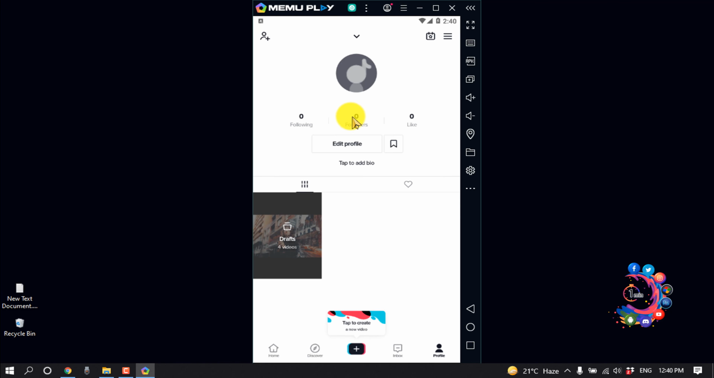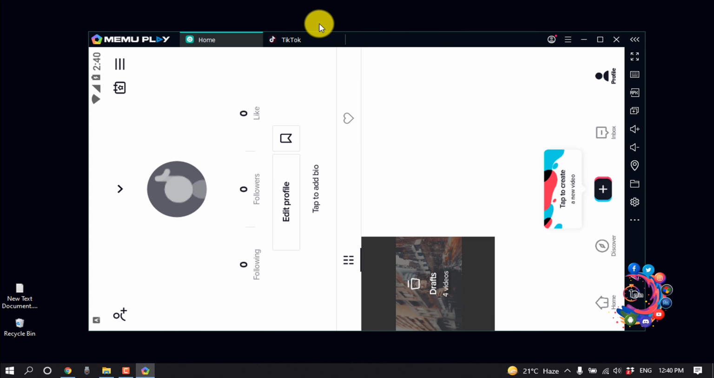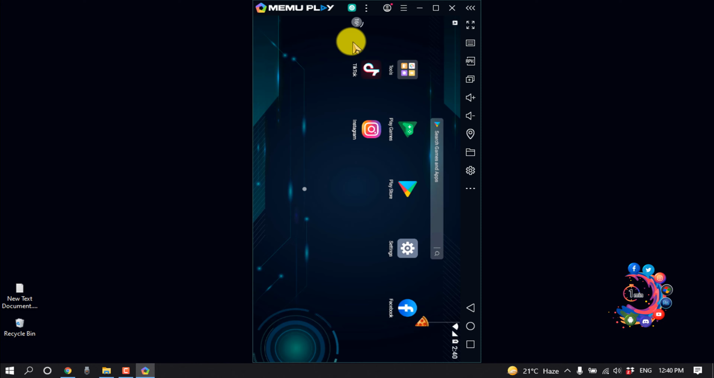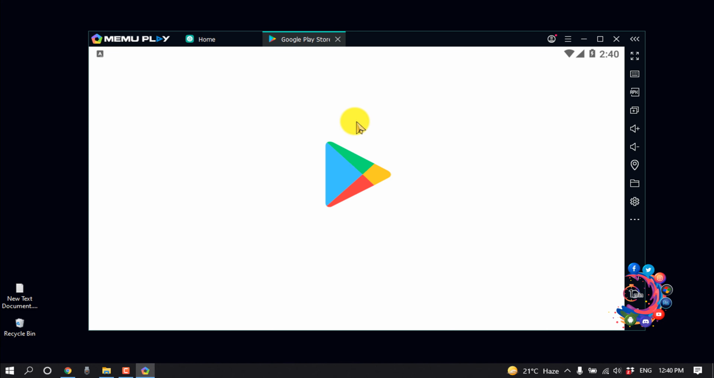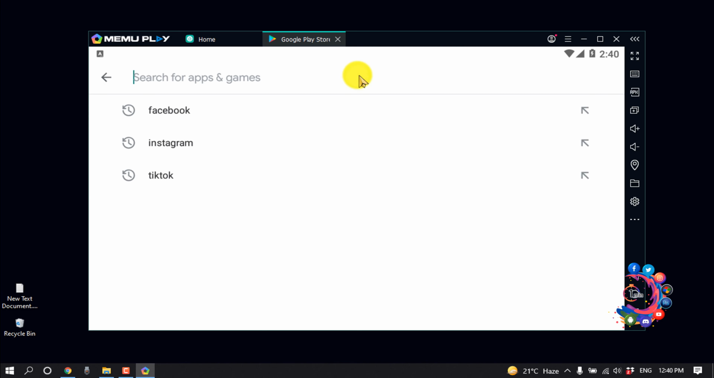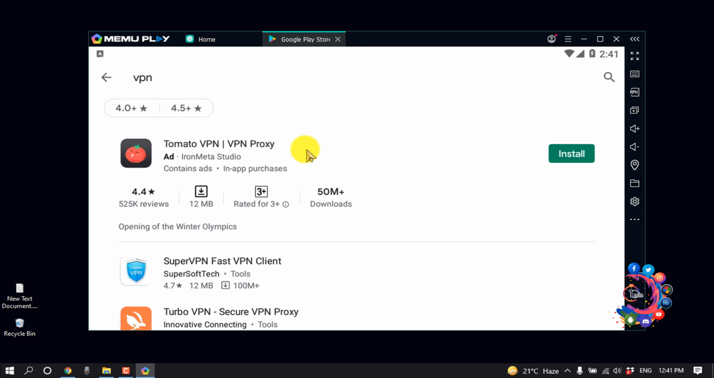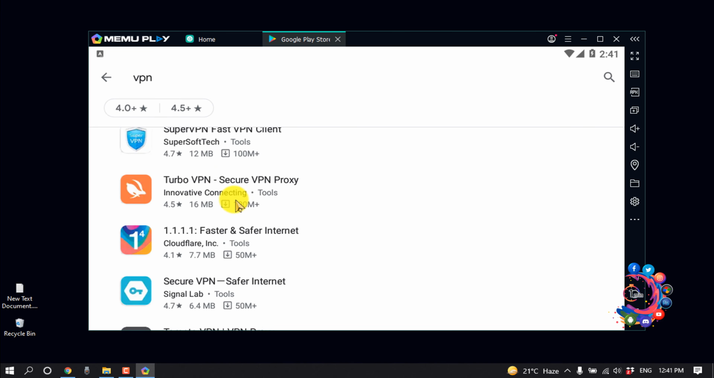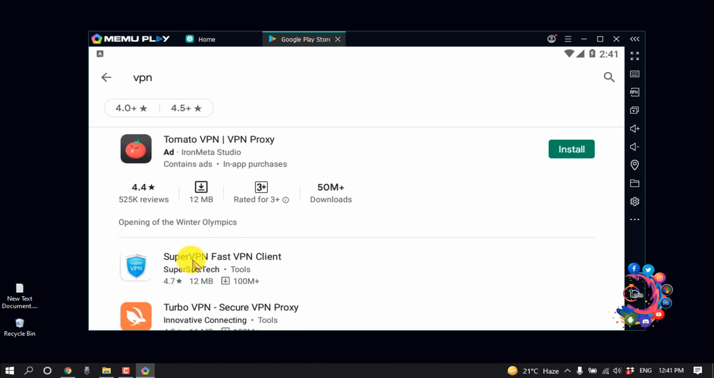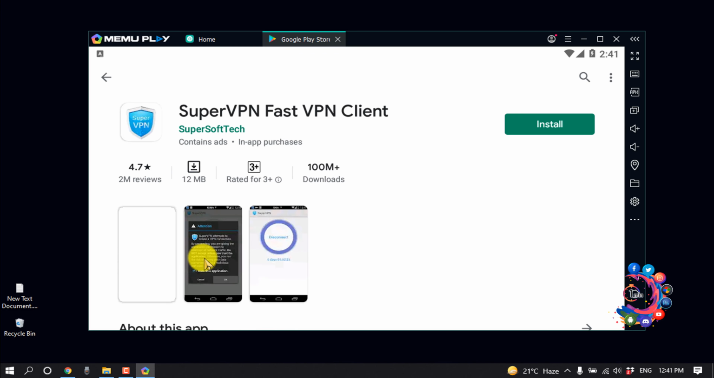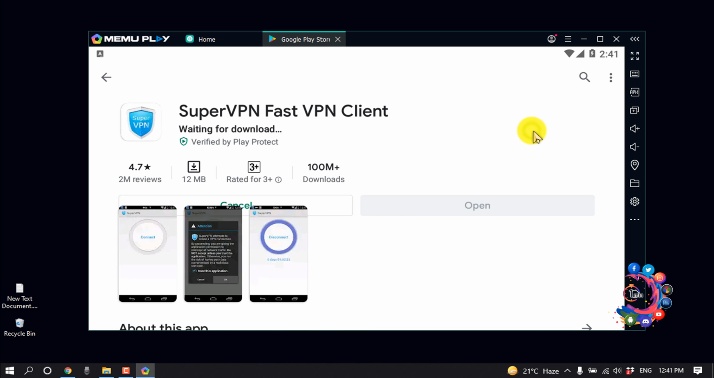So all we have to do to change the region or location is install a VPN from our Play Store. So open your Play Store on your Android device and after that search here for VPN, and here you will get several VPNs. You can download any of them. So right now I'm going to download Super VPN and now click on install,